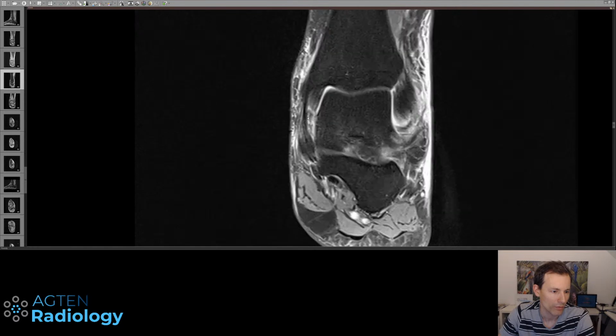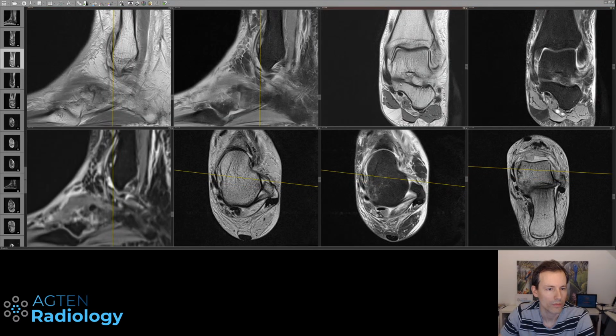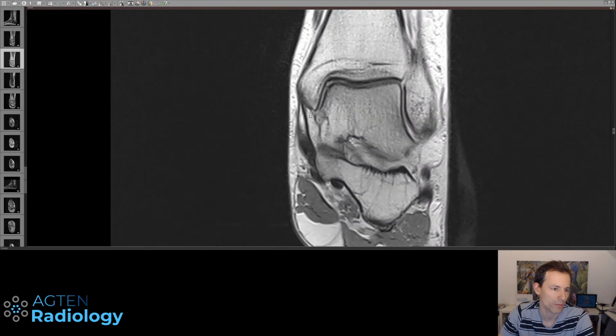And then we have the superficial portions here, tibiospring. So this is the tibiospring ligament here, running into the superomedial portion of the spring ligament complex. So there is no tear going on there either. And then we can scroll quickly through, and maybe on the non-fat saturated it might be even more obvious. So this is the